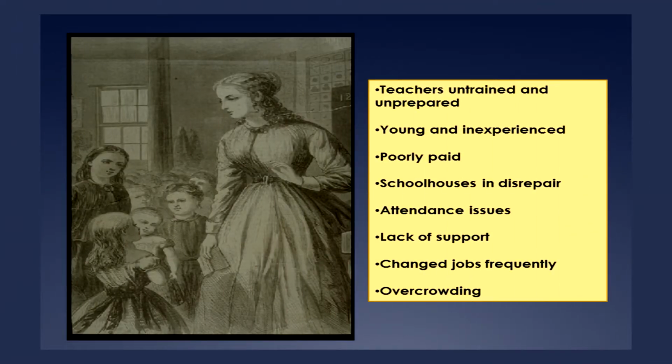These teachers didn't have much support. They changed jobs frequently. Frequently, they didn't even teach two sessions in the same school. They would move from district to district. And many of the women would teach a couple of sessions, which would be 10 or 11 weeks each in the summer and 10 or 11 in the winter. They would move on and get married, which was the expectation. This, of course, is until we get into normal schools, which start training teachers, and that's a whole other subject